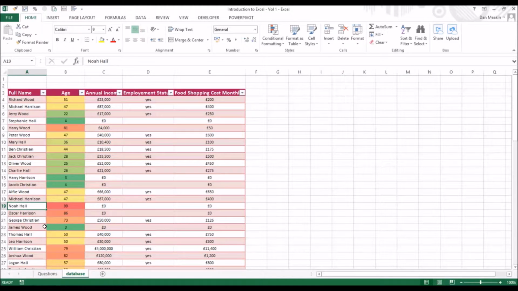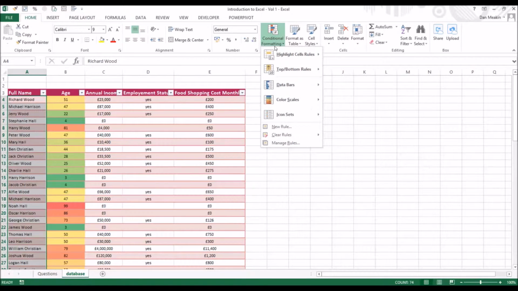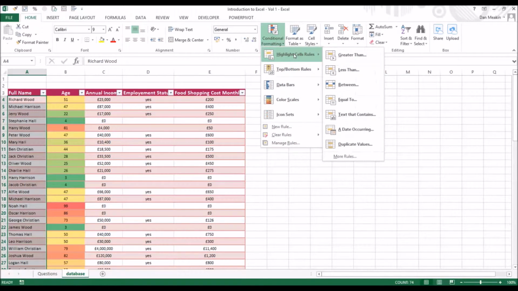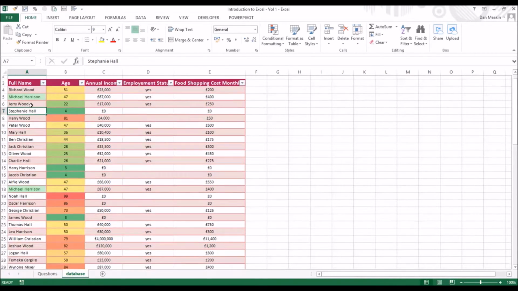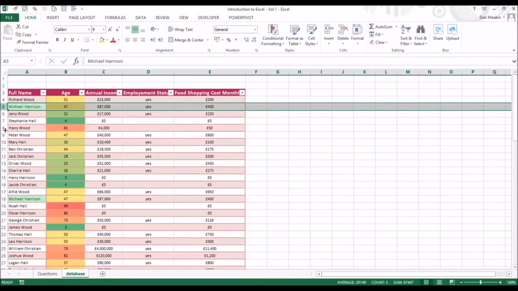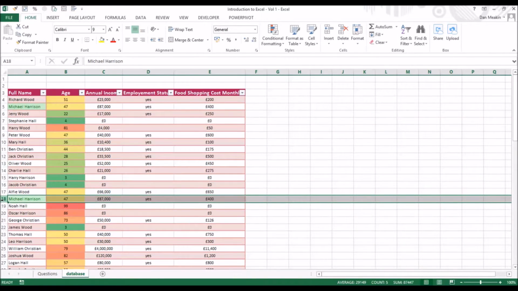This is a really useful tool to be able to just pick out data nice and quickly. There are also other rules that are perhaps even more powerful, but if I just show you an example on the Name column, if I go to Conditional Formatting and click Highlight Cell Rules, I could even have a duplicate value rule, which will highlight in red, or let's say, let's go green. Look, we've got a couple of repeat values in this. Michael Harrison is repeated twice. That might be a good way of error checking our data set, so we're not accidentally having duplicate rows